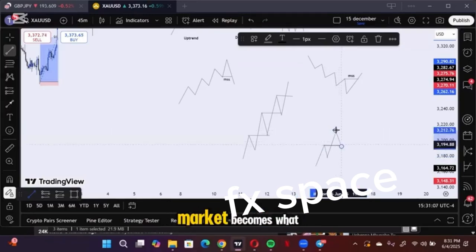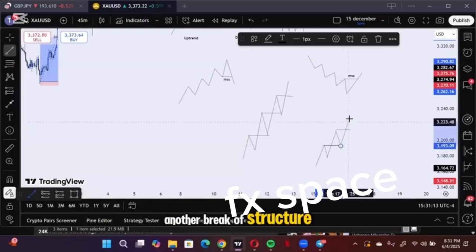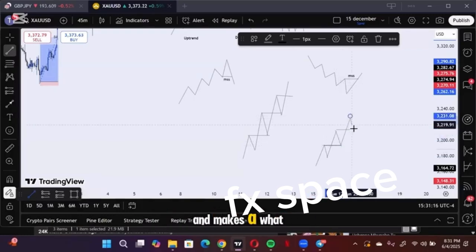This last high in the market becomes what? Another key level. So the market going to take out that high now is what? Another break of structure. Then price comes down again and makes a what? A new higher low. This last high in the market becomes another